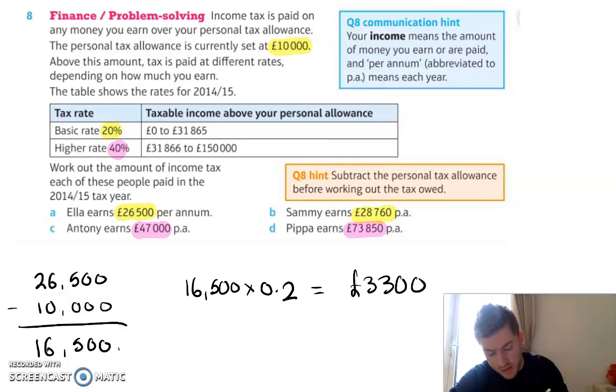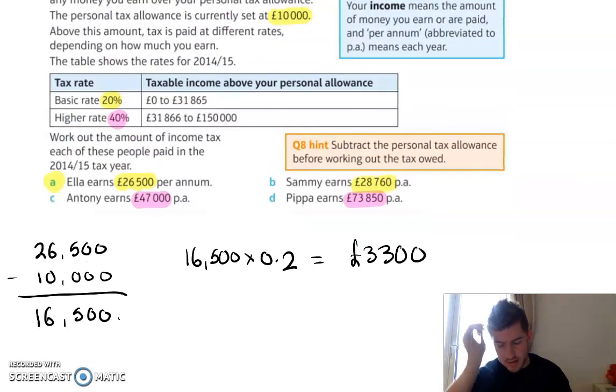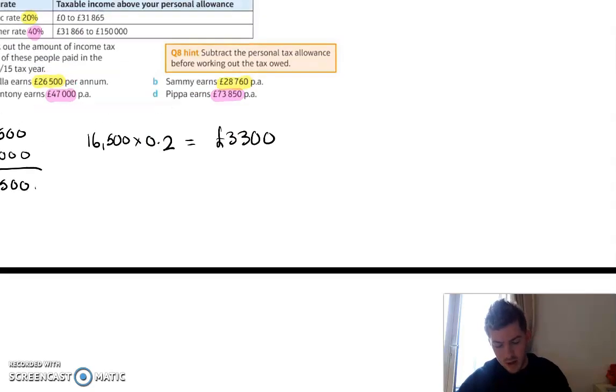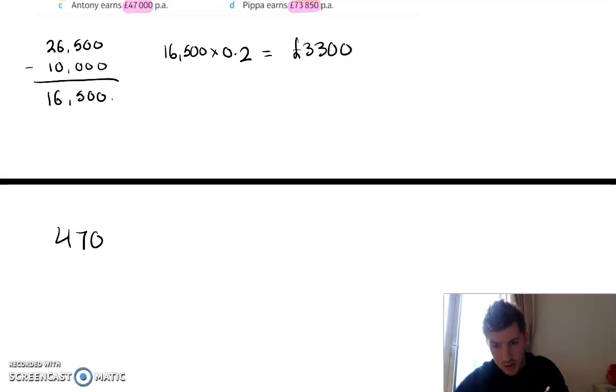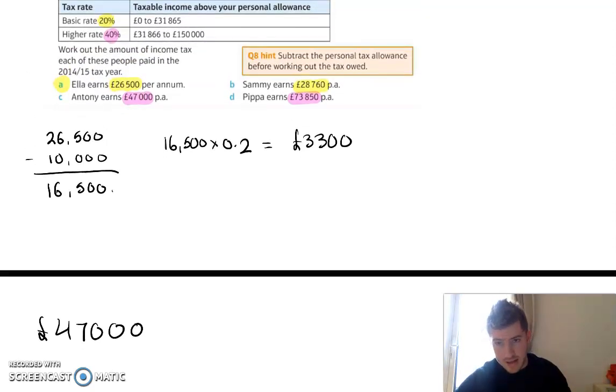Now, I want you to do the same thing for B. Now, C is a little tricky. Let me talk you through it. So I want to get some new page here. So I'm going to show you question C. So the salary Anthony earns is £47,000, and the tax is